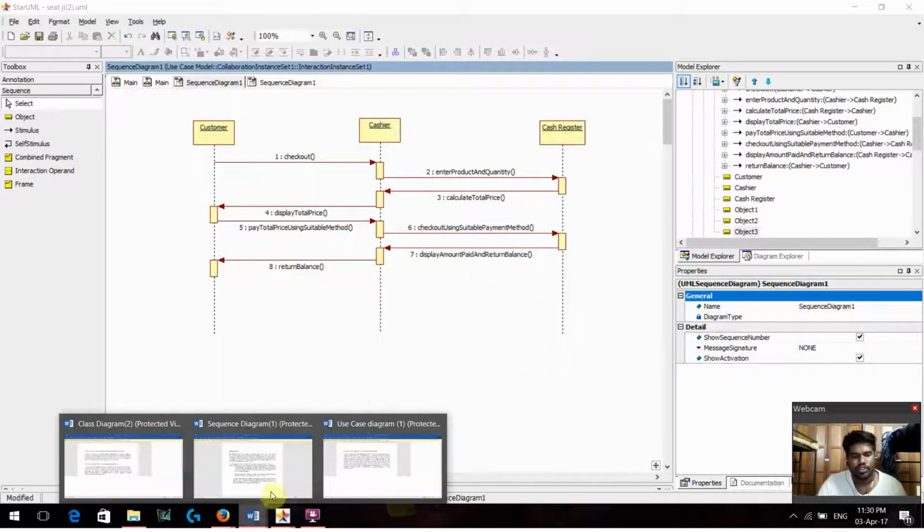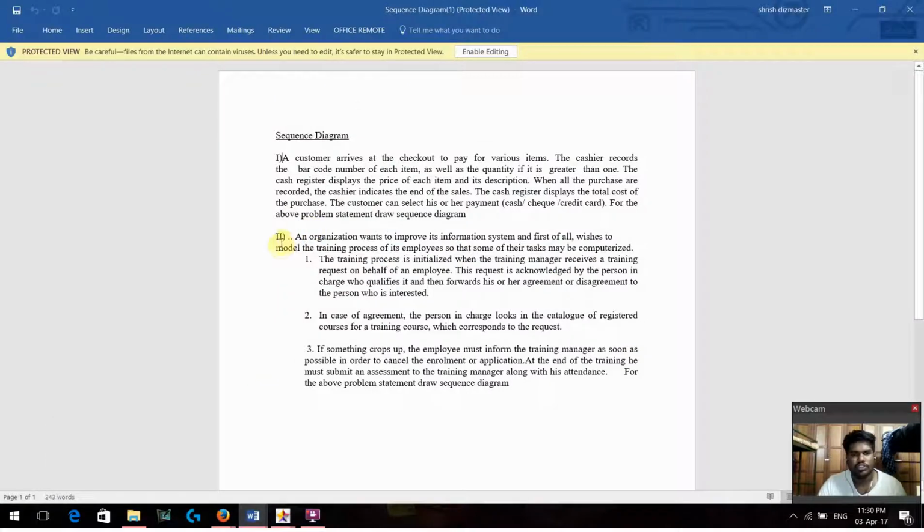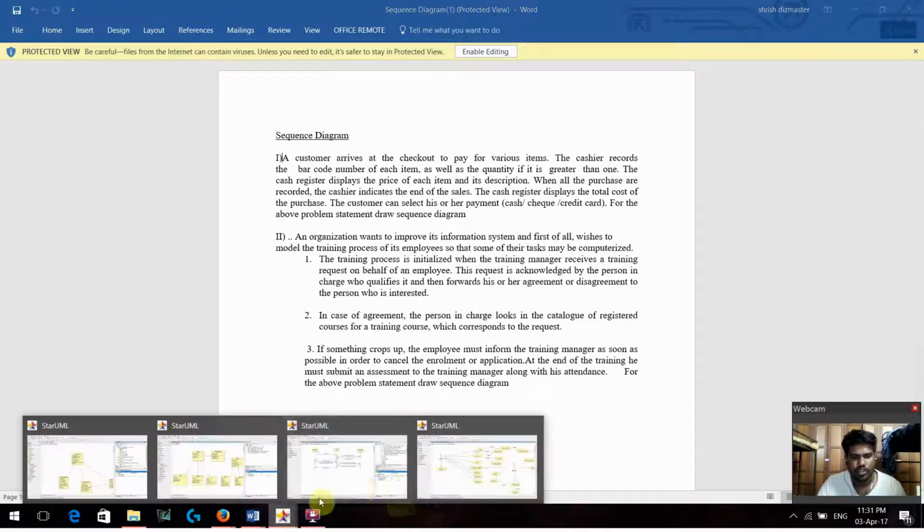Now for subdivision B, the scenario is an organization wants to improve the information system and training process of its employees. That is a training process, and the overall scenario is giving training to the employees. So the diagram for it is